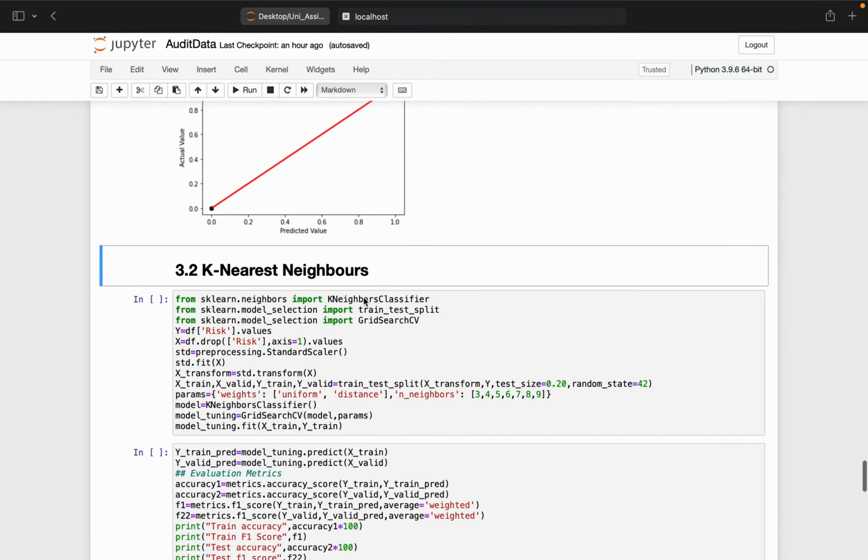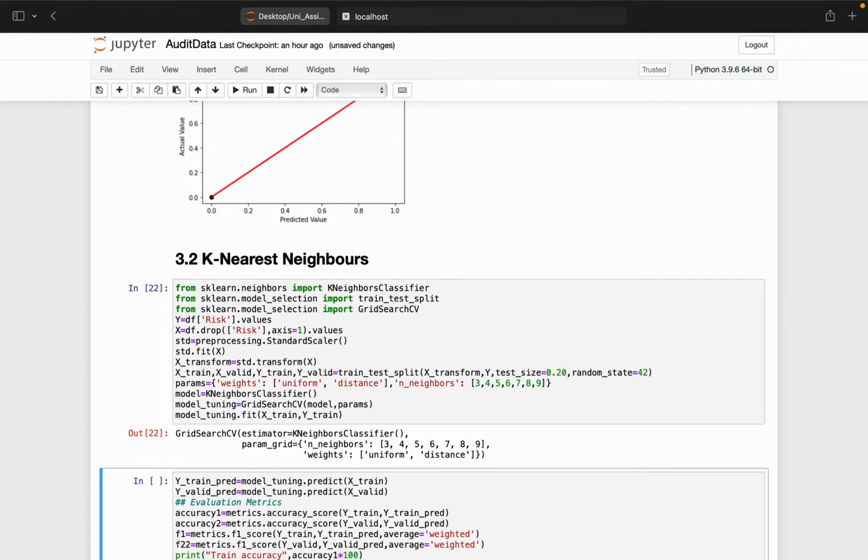Coming to the k nearest neighbors. We are importing the classifier here as well. Then we are putting risk in the y variable, and then we drop it from x. We are taking test size equal to 0.2 and random state equal to 42.